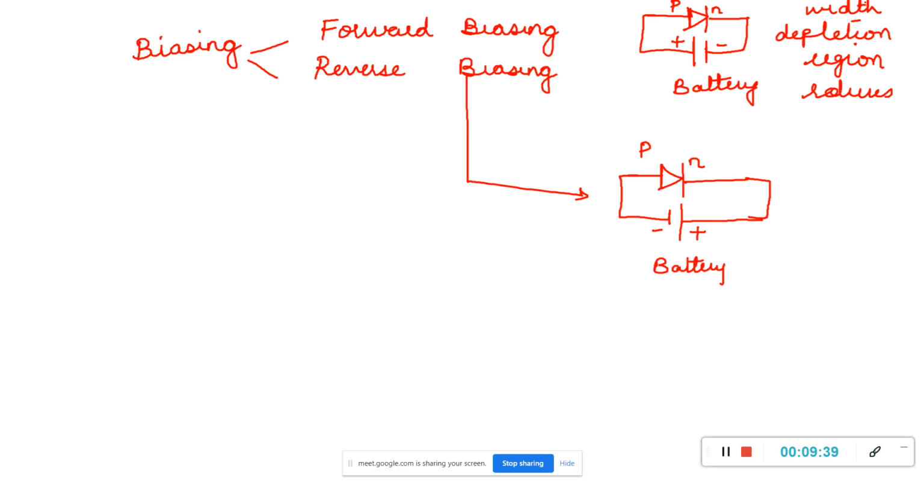Okay. So this current is due to nothing but majority charge carriers. In the N type, majority carriers are electrons. In the P type, majority carriers are the holes. So in the forward bias, what happens? Both the hole current and the electron current flow, and it reduces the depletion region. So that was about the forward biasing. In today's class, I'll be talking about the reverse biasing. Till whatever I told till now, it was the revision.